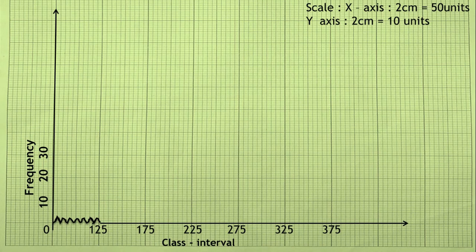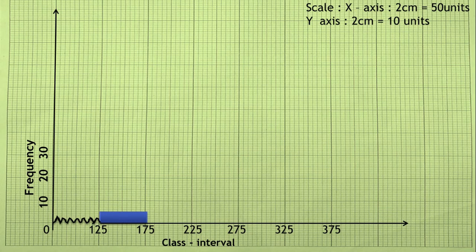Fix the scale depending upon the frequency over here. As the frequency is 4, 20, 22, 10 and 6, I have taken 10, 20, 30 because I cannot go beyond the screen over here. You can consider 2 centimeter as 2 units so that you can mark 22 on your graph sheet. I have taken 10, 20, 30 to adjust the graph to the computer screen.